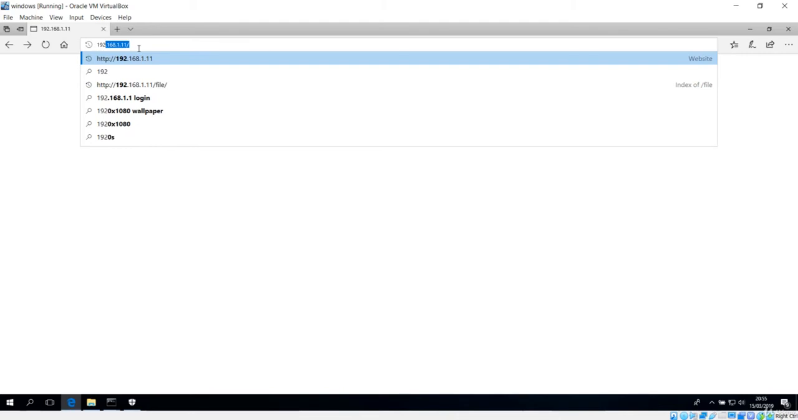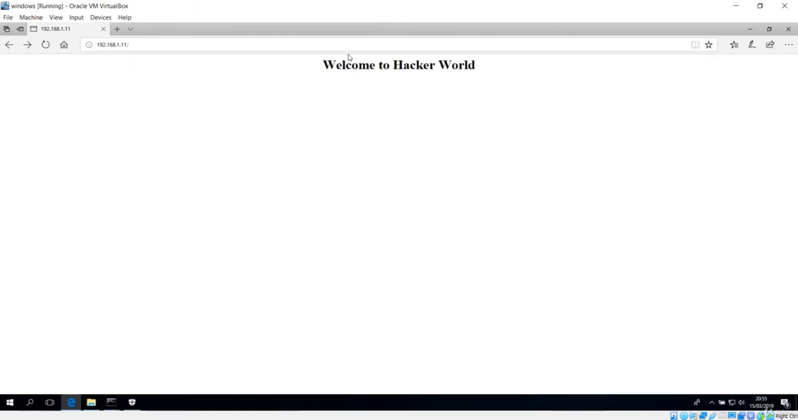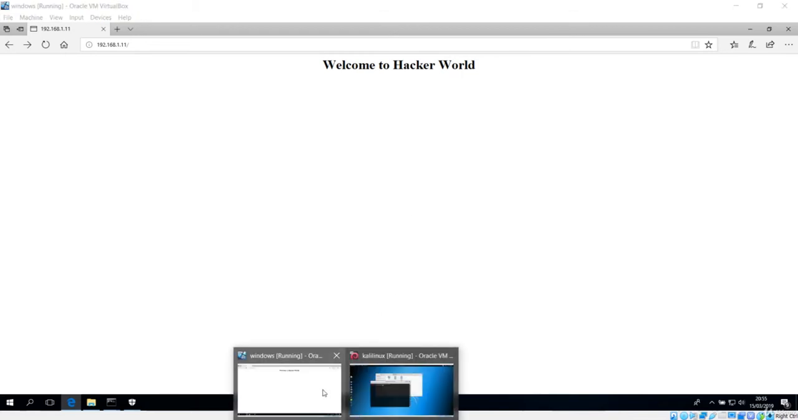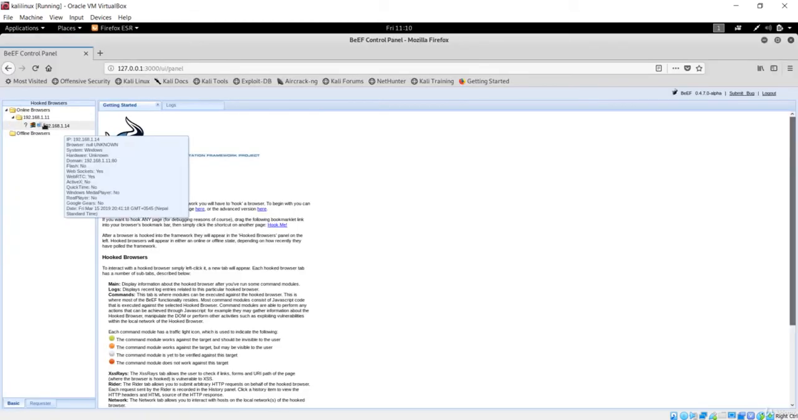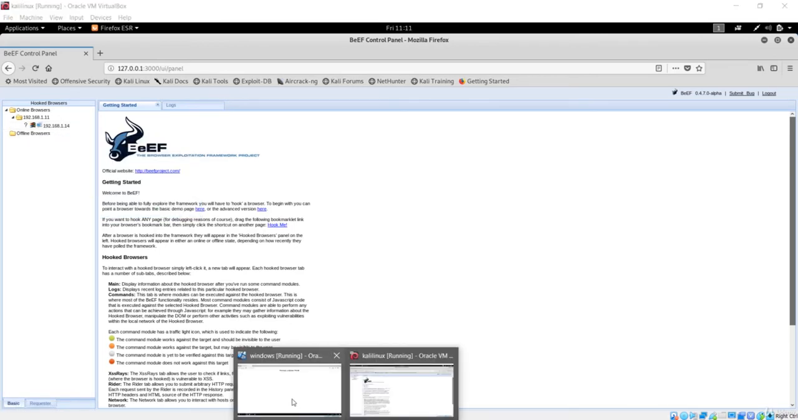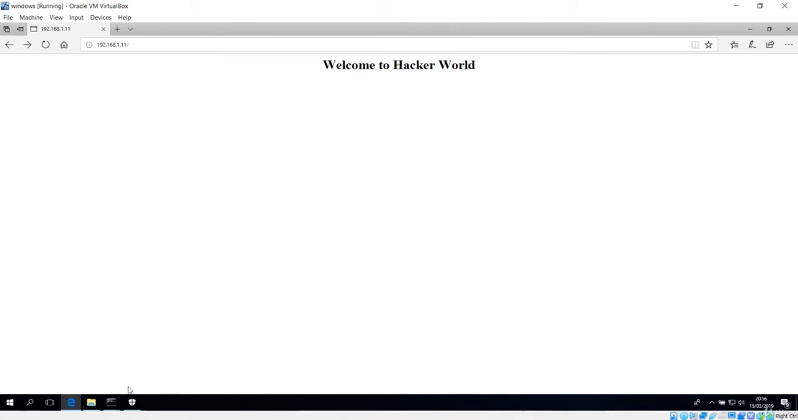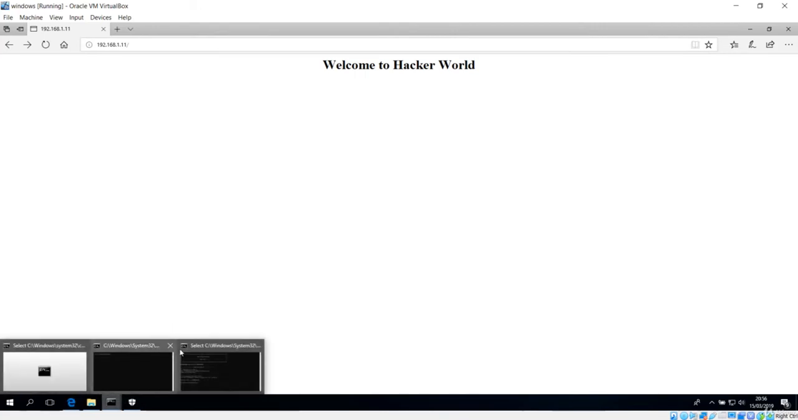So this is the IP address, which is 192.168.1.11, and you can see this has only this heading saying welcome to Hacker World. But if you go back to this Kali machine, then in this browser you will see that there is now one online browser, which is the same machine having the IP. So if I go back to this Windows machine, let me search here,